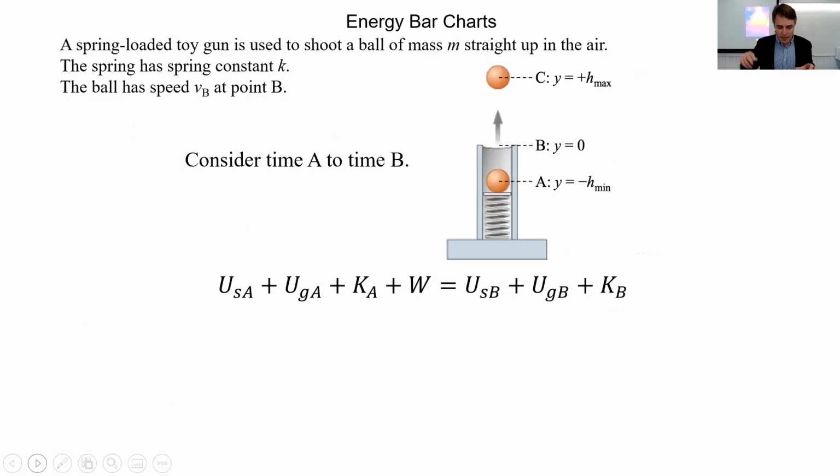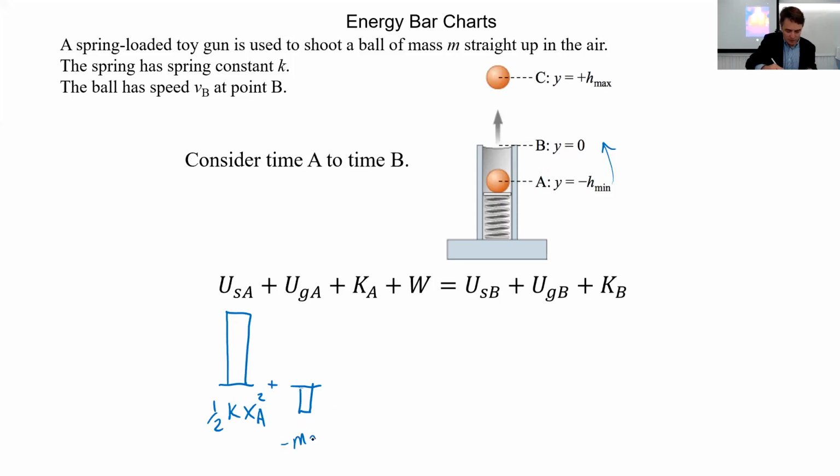So let's consider first the time A to B, going from here to here, just before the thing launches. The spring will not be at 0. The spring is compressed, and so it has this 1/2 times k times x initial, or xA, I guess, squared. Plus, there's going to be a little bit of negative gravitational potential energy, because it's below this point. So this will be the negative m times g times xA. This is the distance xA.